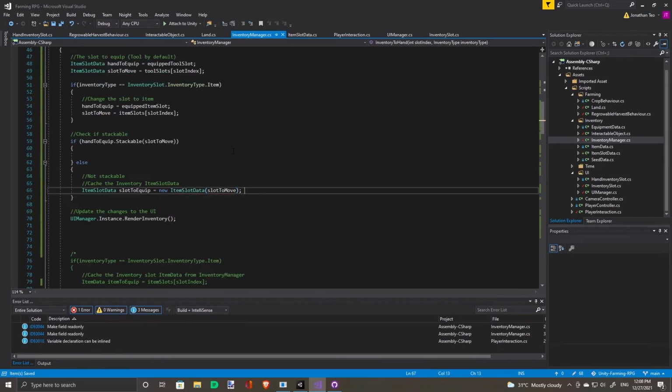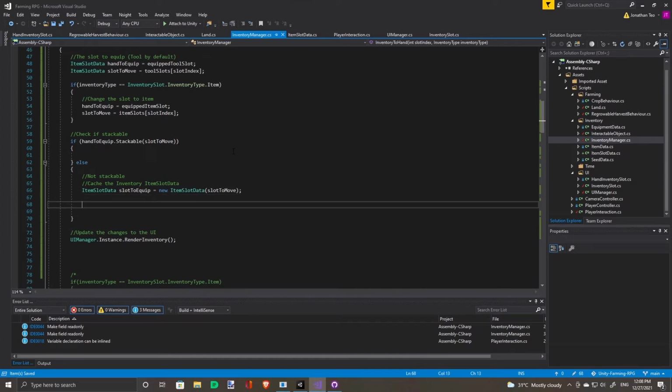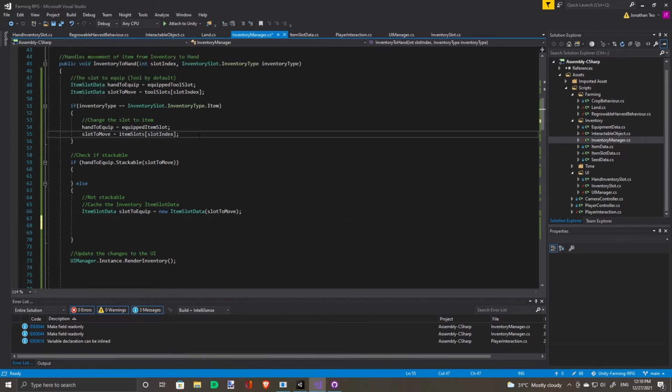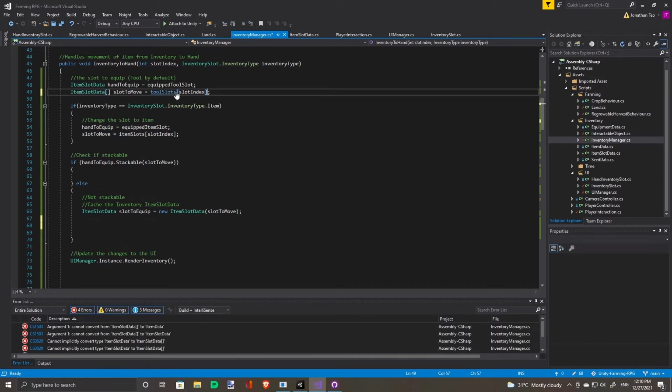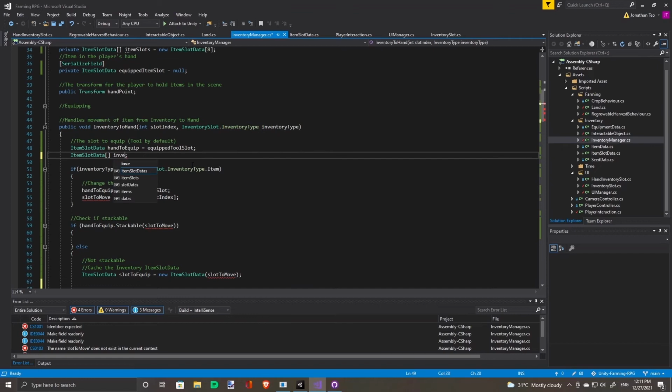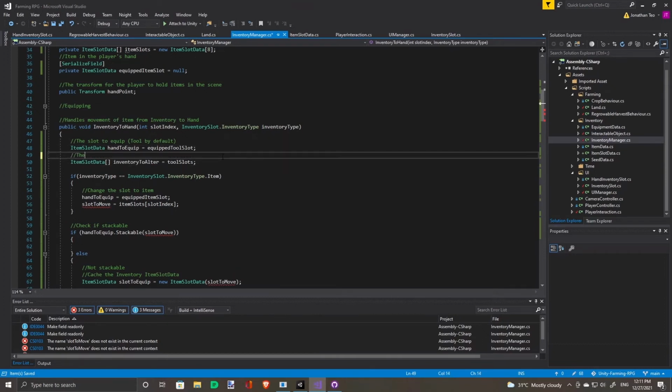Now we have a problem. If we want to change the inventory slot's item slot data, we can't do it with the slot to move variable, because it only stores a reference to the item slot data class instance itself, rather than the value of the array element. So instead of first getting the item slot data of the slot itself, let's just get the entire array and then decide what to do with it later. And the inventory to alter is item slots.